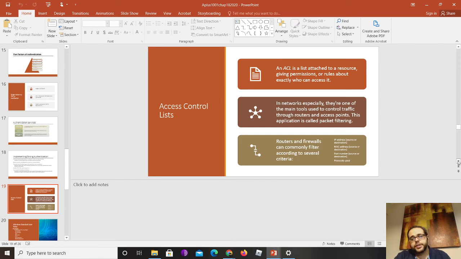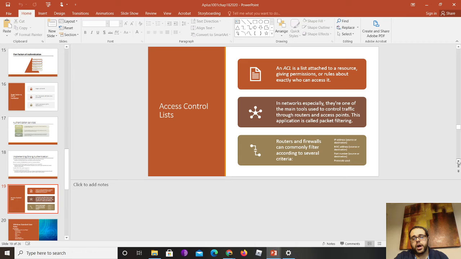Access control list. An access control list is basically attached to a resource. It gives permissions or rules about exactly what a person can do. In networking especially, it could be used on routers to give you access to the router, or it could be on a firewall allowing traffic to a certain application, right?